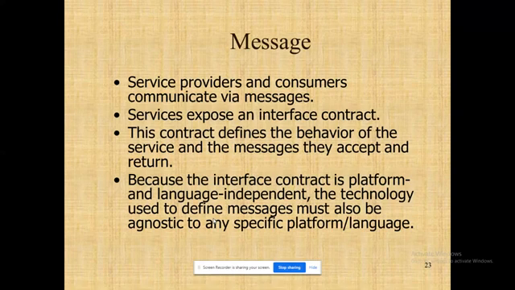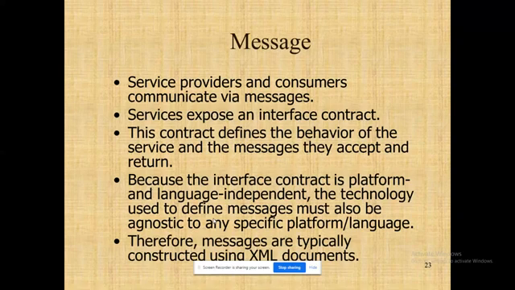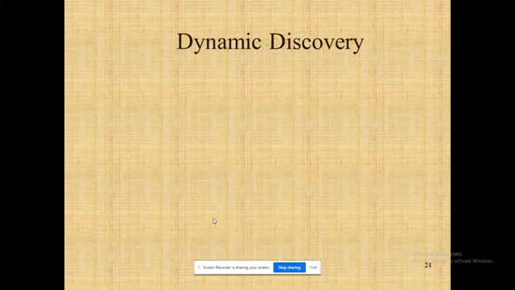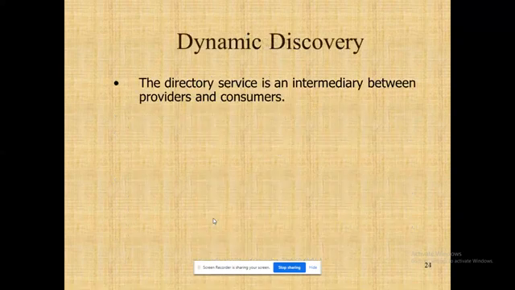So the proper message has to reach the end user. If the service is not available at the particular time, a proper message has to reach the user, or if he is not eligible to access the service, that also a proper message has to reach the user. That should be given in a proper method. That's what the role of message through SOAP is measured here. Ultimately, SOAP is completely designed using XML only, right? So how to discover a service.